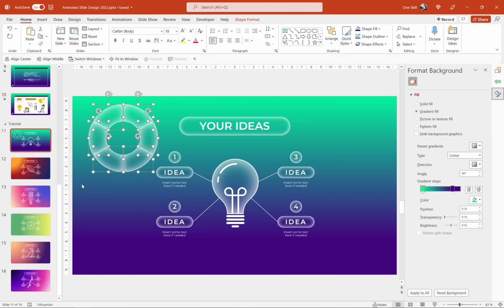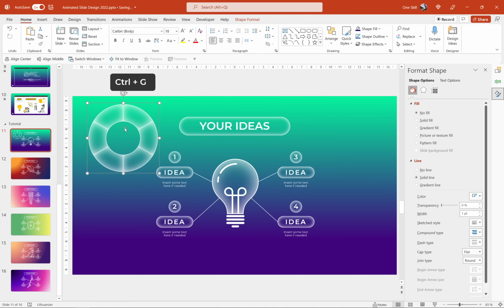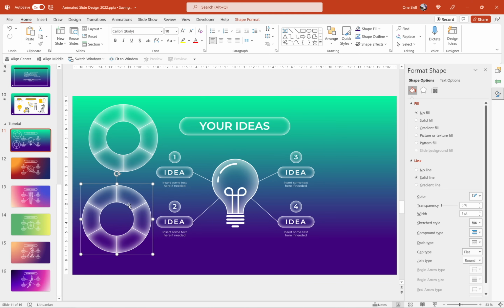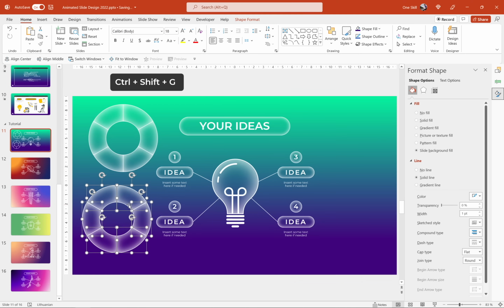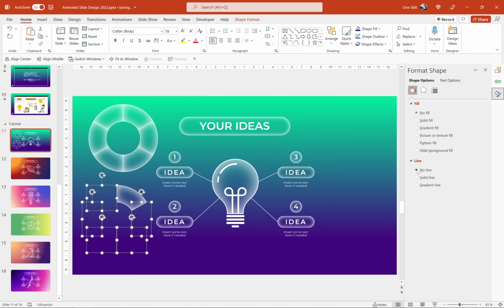Let's first of all group all of these guys into one group. Let's hit Ctrl D to duplicate so that we have a duplicate. Let's ungroup this duplicate. And now let's select the rest of these guys. I mean, this one will be dealing with this one, so let's select the rest of these guys. And let's use no fill for all of these guys, and let's use no line. Okay,